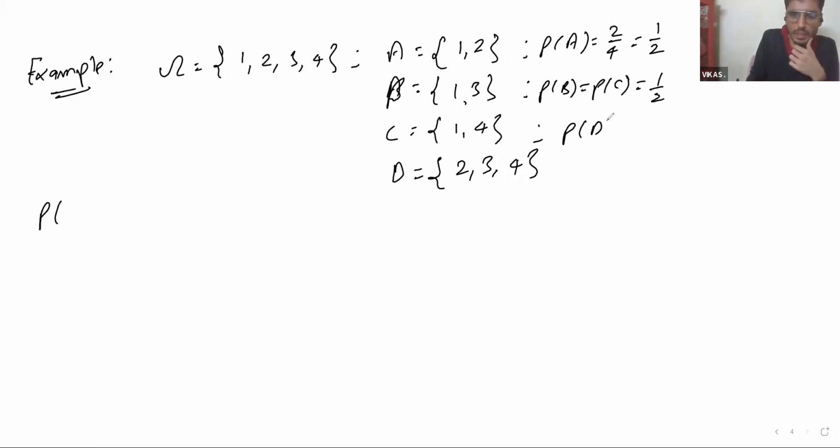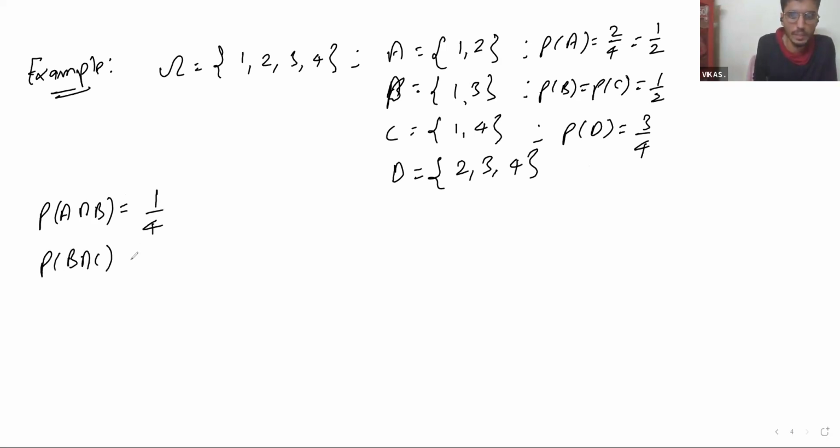and probability of D is 3 by 4. A intersection B. Only one element is coming in the intersection. This is 1 by 4.